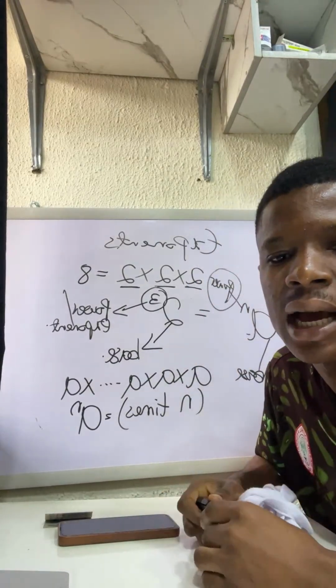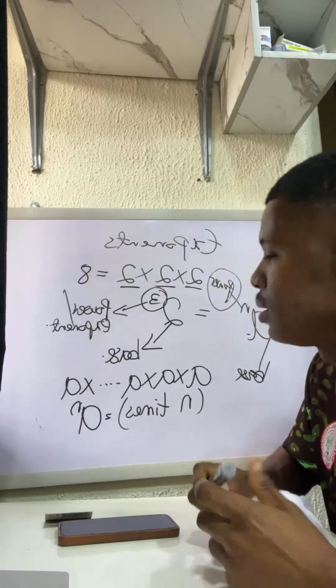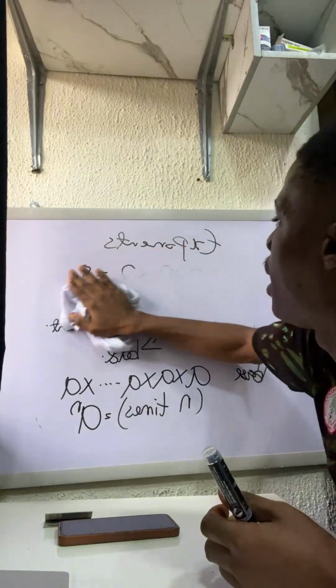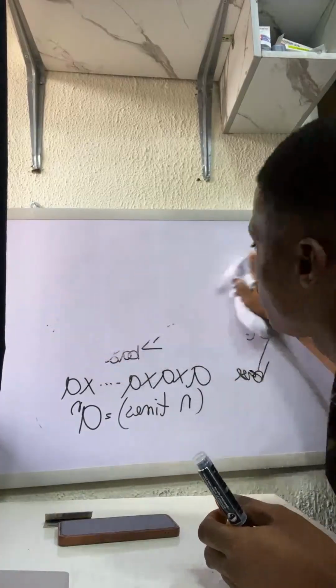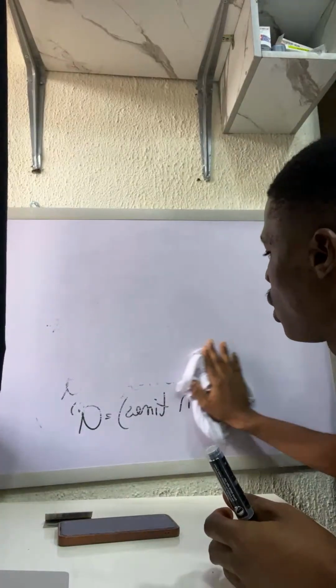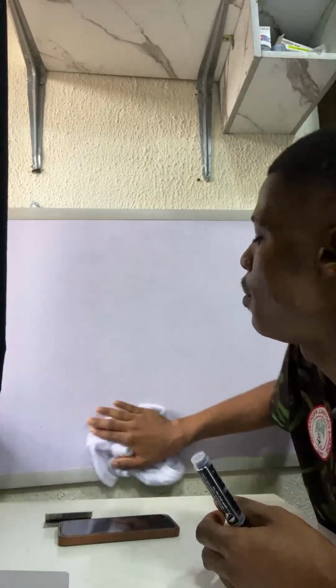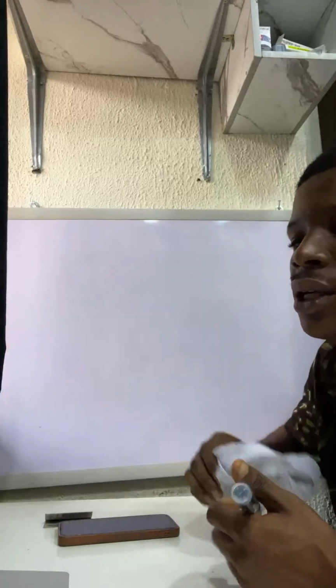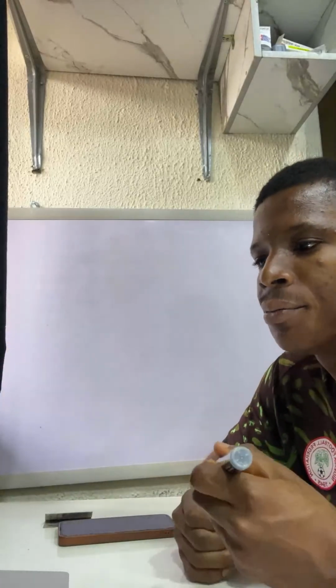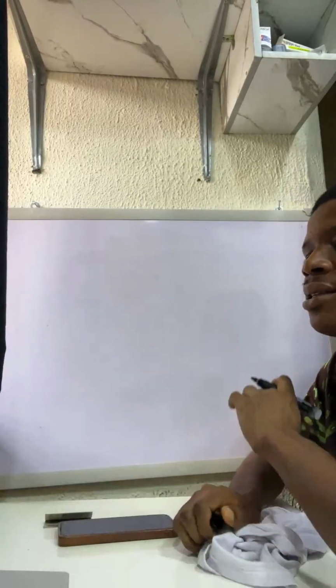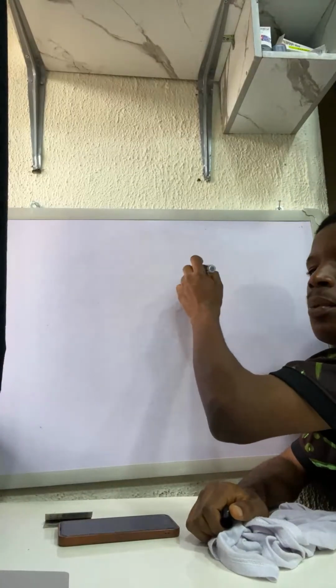That's the major thing about exponents. Exponents is just the power to which a number is being raised to get another number. For instance, if you have 3 to the power of 4,